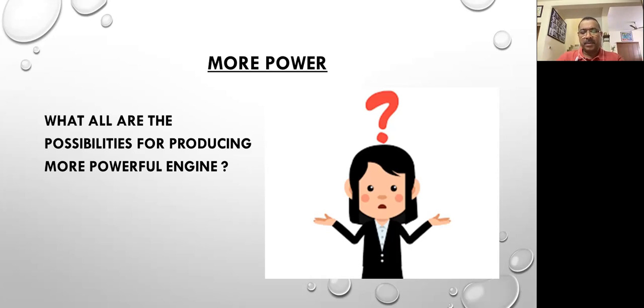We have a cylinder with particular volume, and how to increase the volume of oxygen in it? How to increase the volume of oxygen so that we can pour more fuel into it and we can produce more power from that engine, rather than increasing the volume of the cylinder. I give you 30 more seconds.